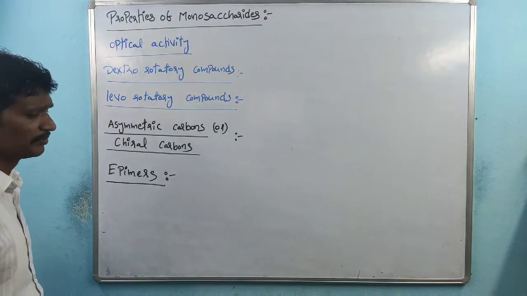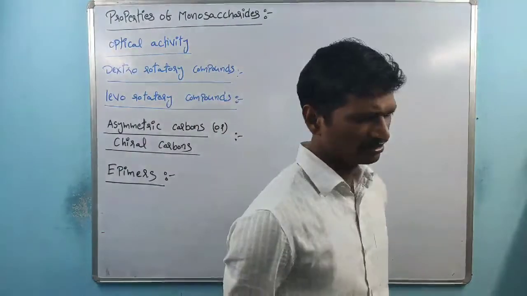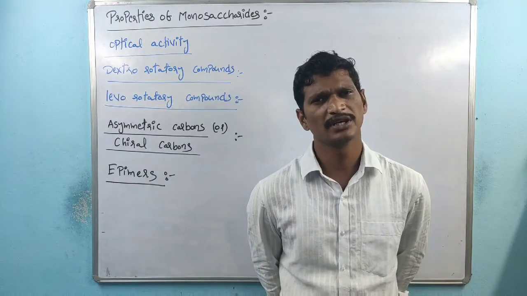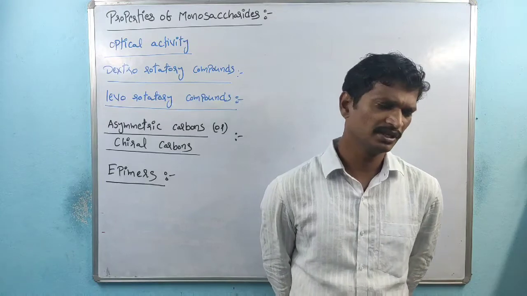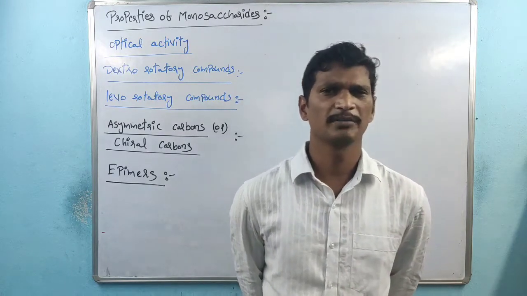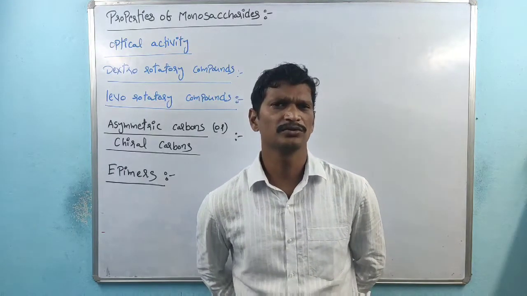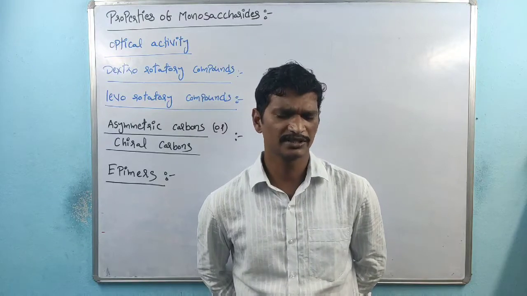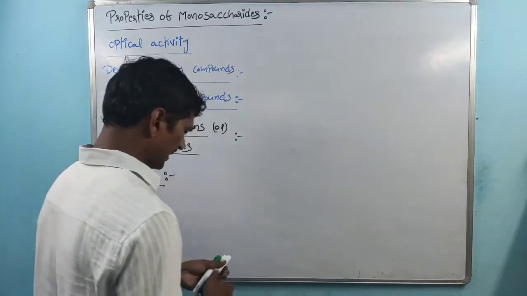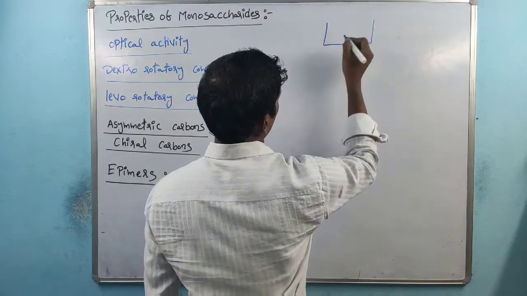Optical activity. Remember, those compounds which respond with the light. Carbohydrates also have the capacity to respond with the light. So based on that, this is called optical activity. Very simple. Within this activity, one of the solutions we have taken, this is one of the beakers.